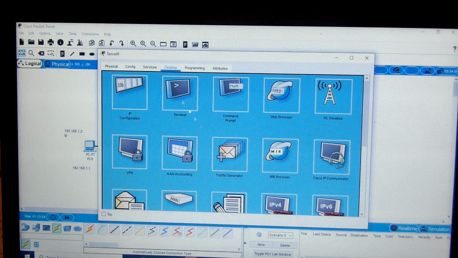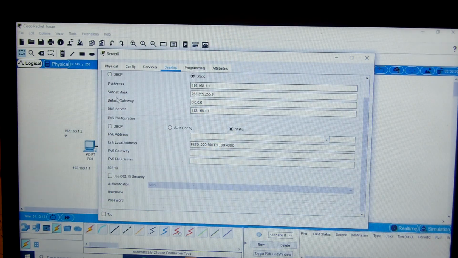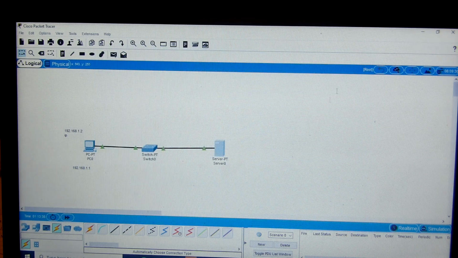Okay, for this one, what we do, we give the IP address the same as the DNS. These two numbers must be the same. The DNS server and its IP address that belong to the server are the same. So actually this was the gateway,